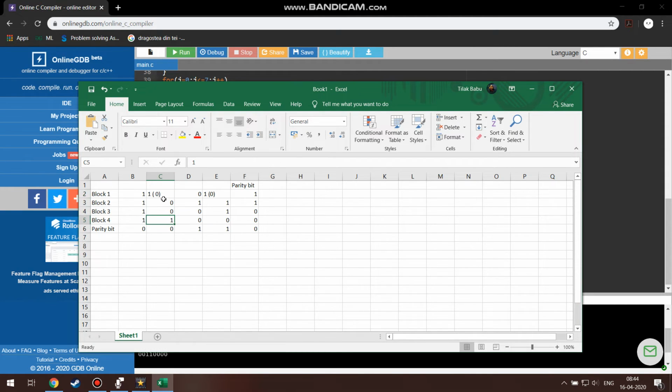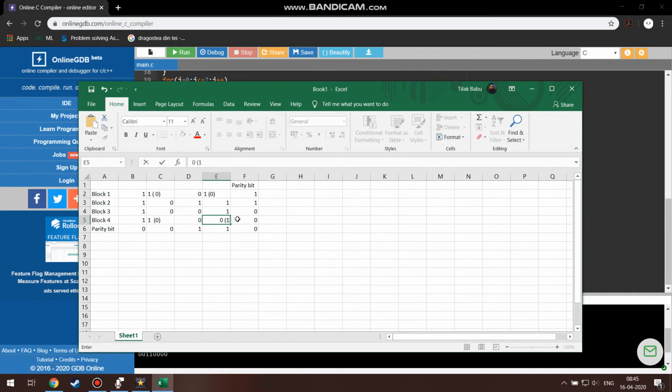But if you see the columns, the C column and E column, both will report an error. For the C column, the total number of ones is 1, but the parity bit is 0, so that will report an error. And for this E column, the total number of ones is 2, and the parity bit is 1, which will also report an error. Now let us take 2 more errors on the same columns where the previous errors were present. In this C column and 5th row, instead of this 1, a 0 is sent, and instead of this 0 in this E column 5th row, a 1 is sent.